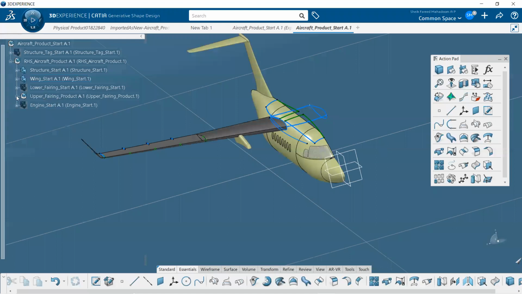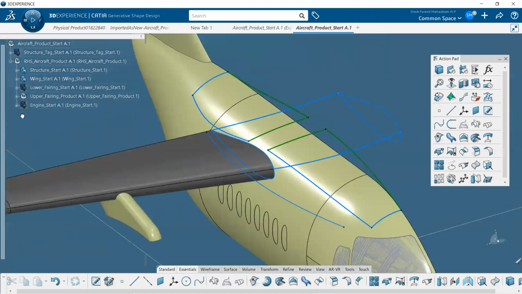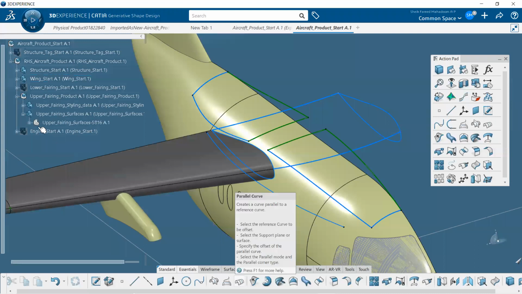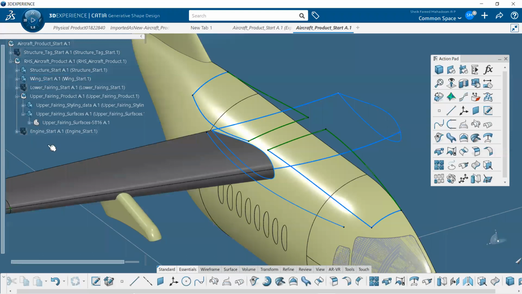In the upper firing you will have the inputs. The power body will be here. So I need a geometrical set over here.